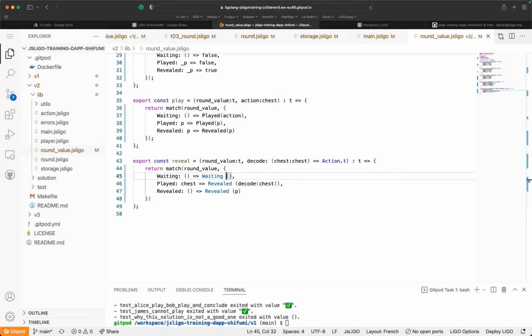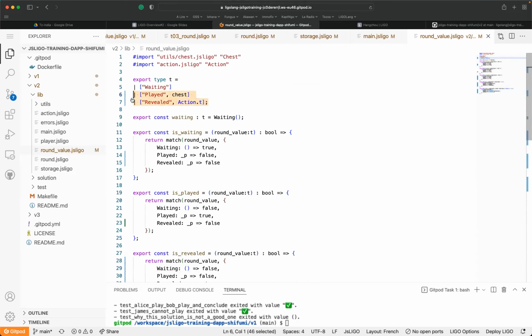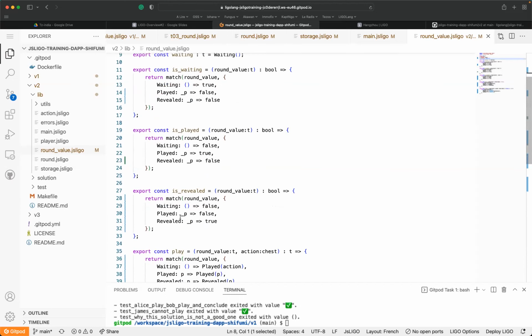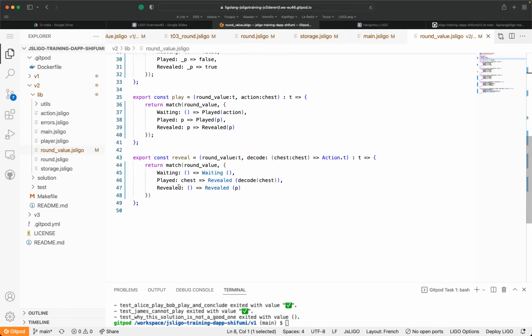Okay, so here we just have to increase. If you remember when I was talking about adding a new player, here we have to add a new entry, a new value, a new constructor in our sum type, in our type, which is T, which reflects in fact the status of a player. And then after we have to review each match. And this should be done thanks to the exhaustiveness, which is checked once you compile. So you cannot forget a case once you review the code.